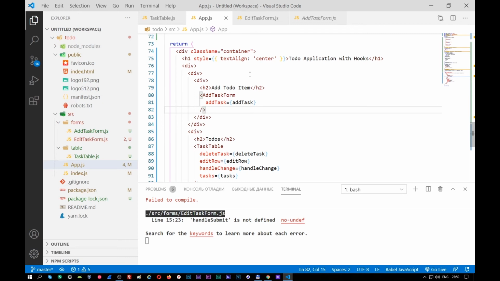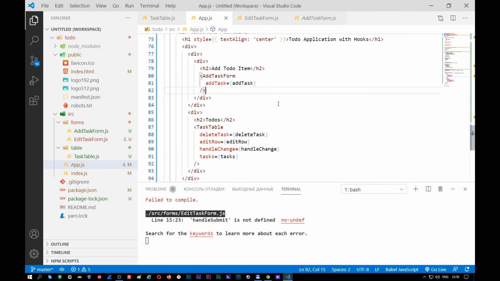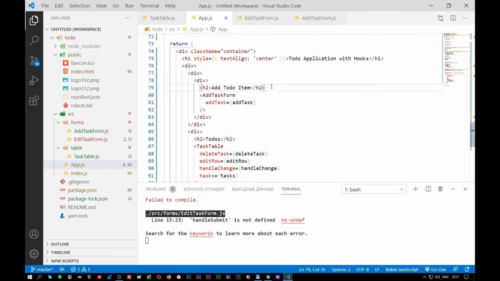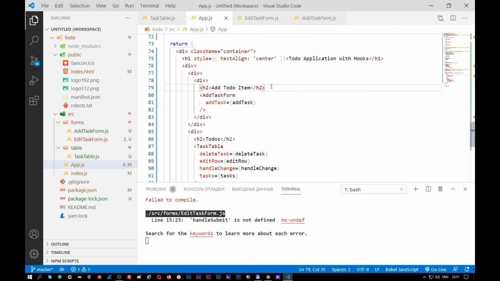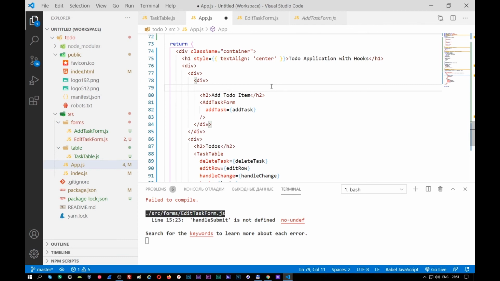So if the state is true, we show the edit form, and if the state is false, show the add form. So let's do it. So I have to do item, add task form, editing,